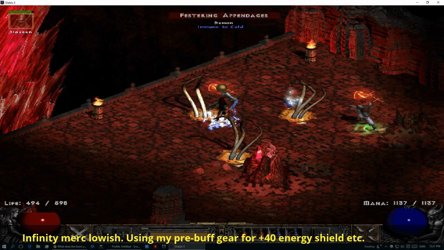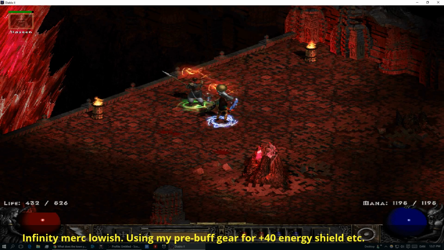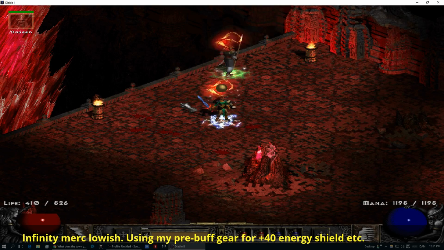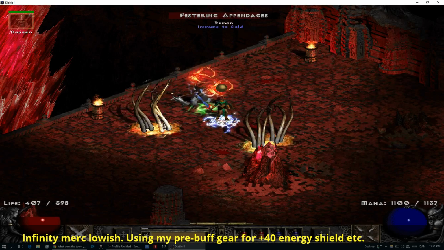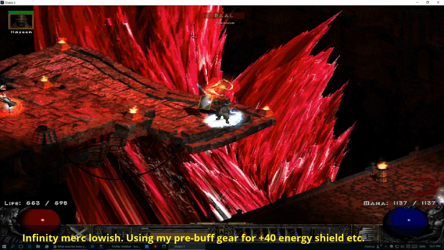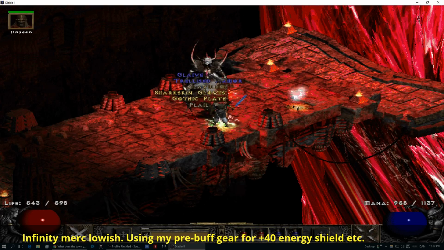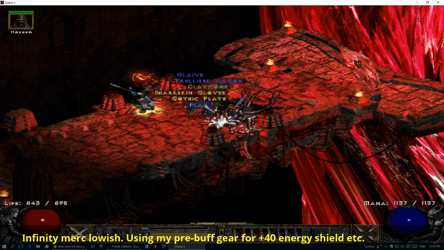And again, I'm using the plus gear and all that kind of good stuff. And my Merc has his aura up as well, I should mention. But yeah, before the stuff gets too long, let's do this. Okay, I did a bit of a slow Static Field, but as you can see, this build is probably one